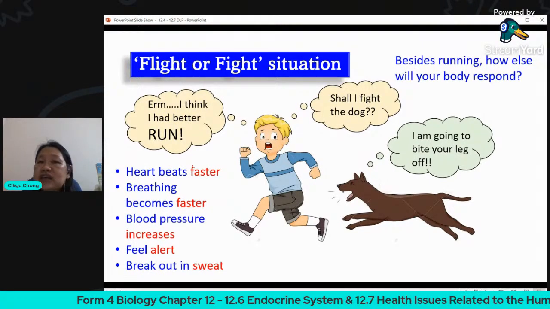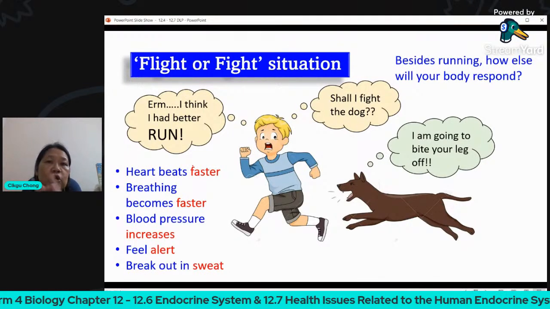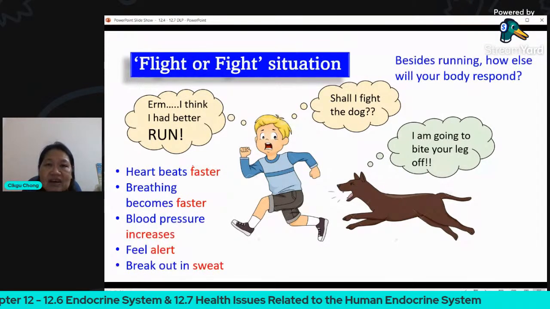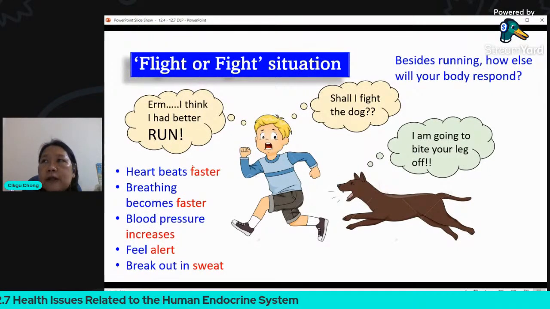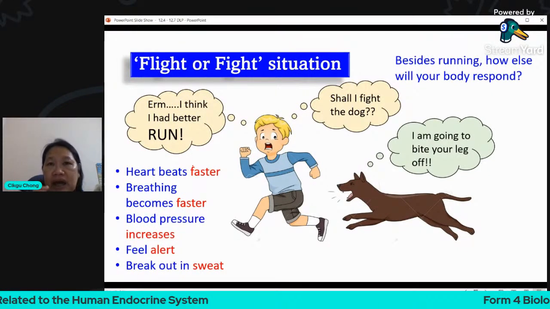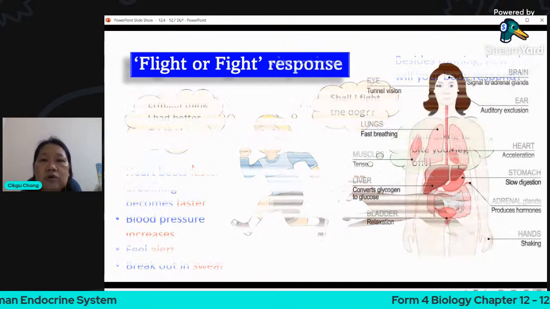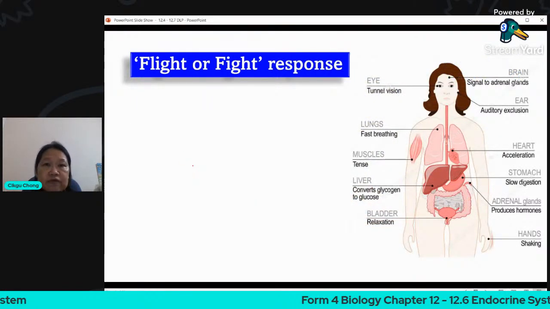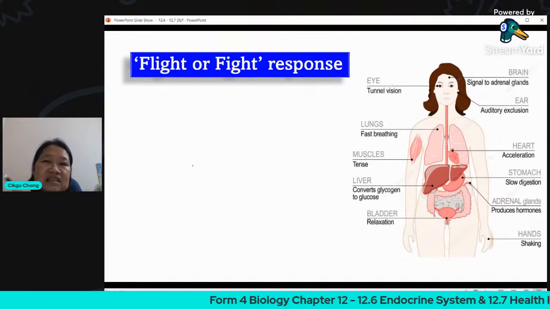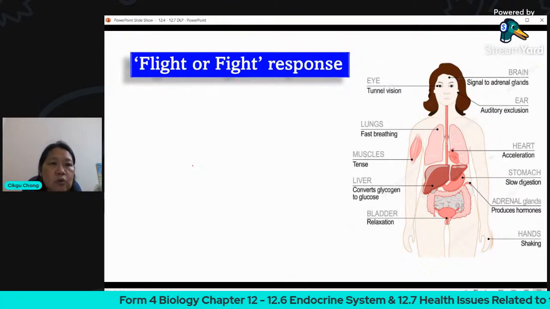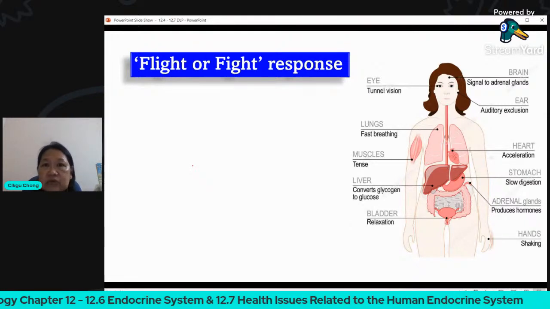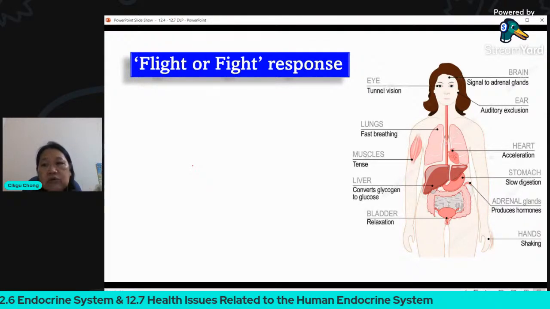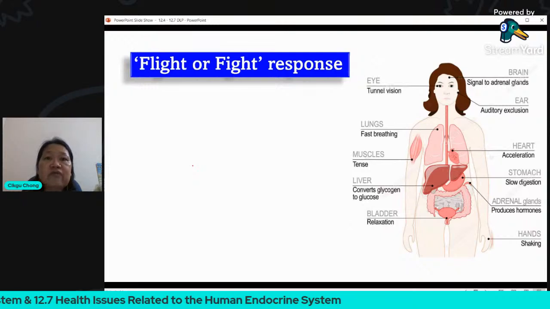Usually, hormones have a slow response. Usually the response takes a long time. But this is what they call an exception. Adrenaline is the only hormone which will act and give you an instantaneous kind of response, where your heart suddenly will beat very fast. Then your breathing will become very deep and also very fast.